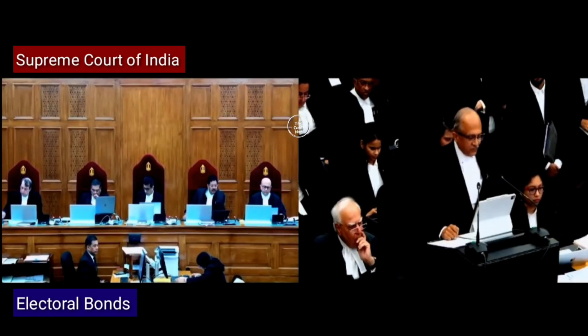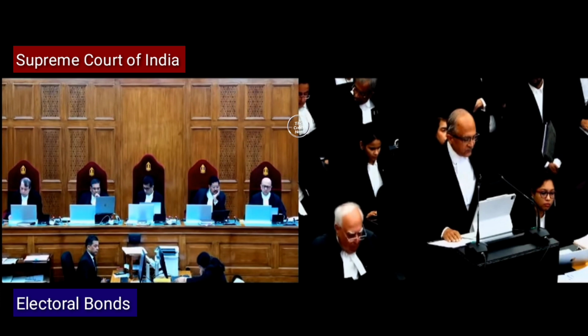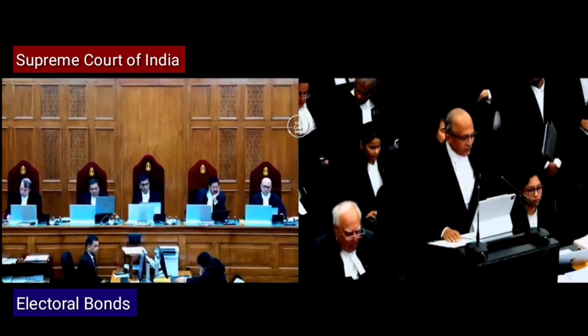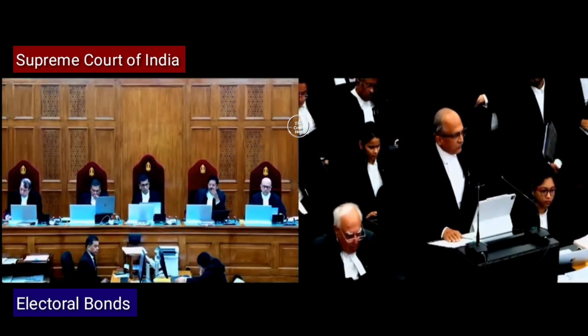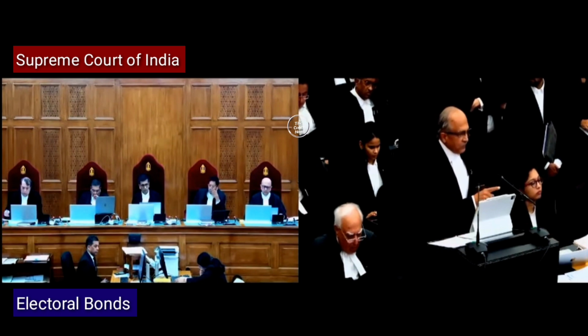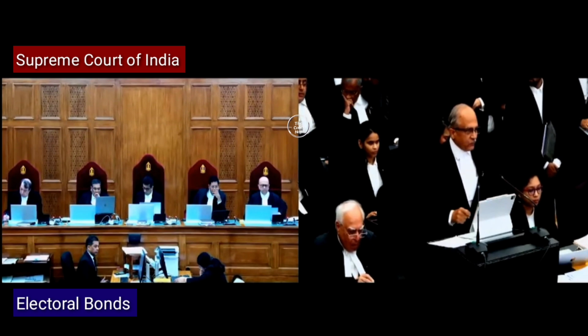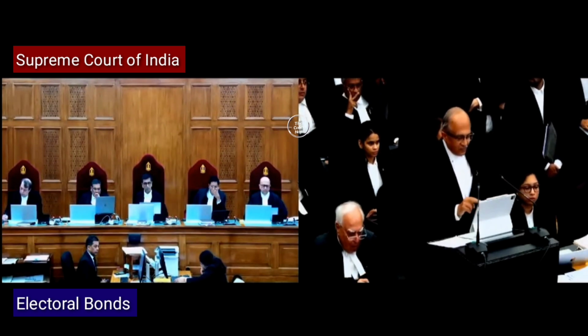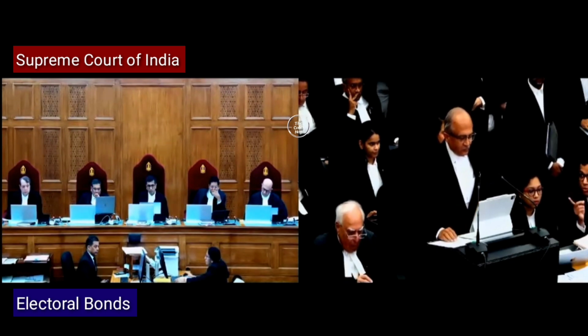Every company shall disclose in its annual profit and loss account any amount or amounts contributed by it to any political party during the financial year to which the account relates, giving particulars of the total amount contributed and the name of the party to which such amount has been contributed. So earlier the requirement was that you have to disclose which political party you have donated to. Now, my lord, in the amendment they say, provided